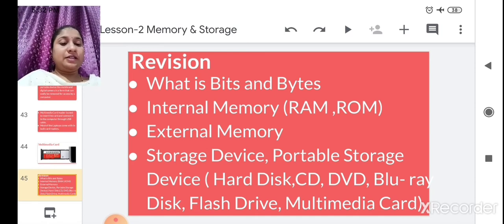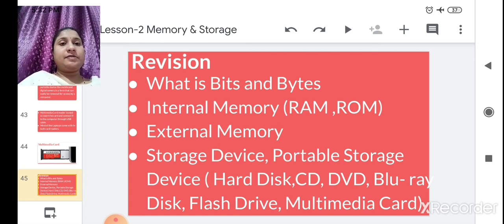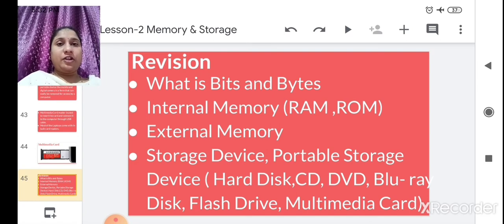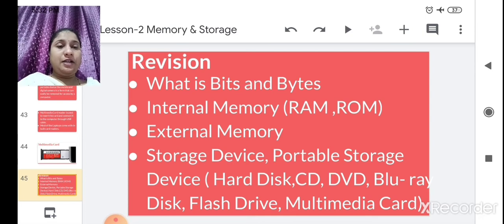We also saw that there are two types of memory in a computer, internal memory and external memory. In internal memory, whatever we write is erased when the computer is switched off or power is gone. In internal memory we also saw two types, RAM and ROM.